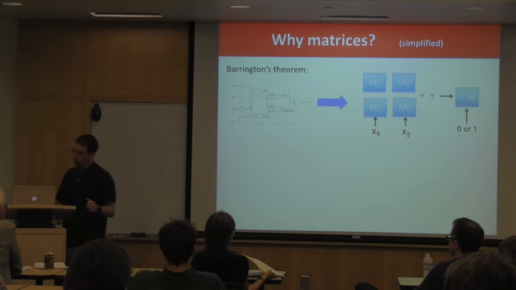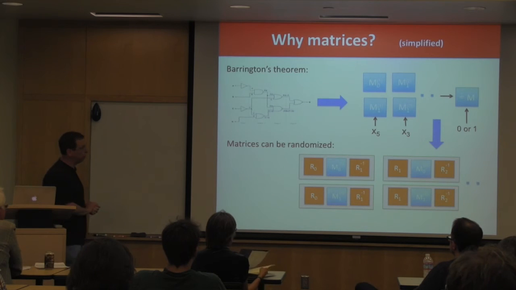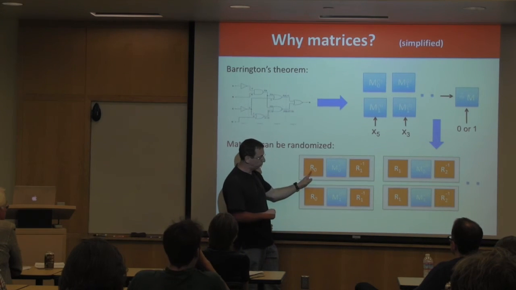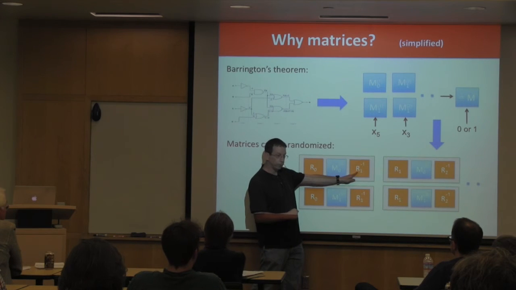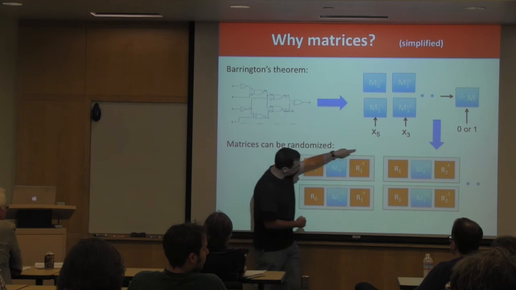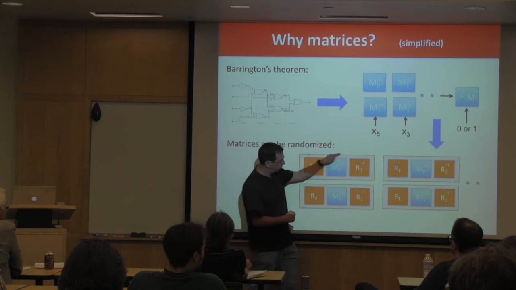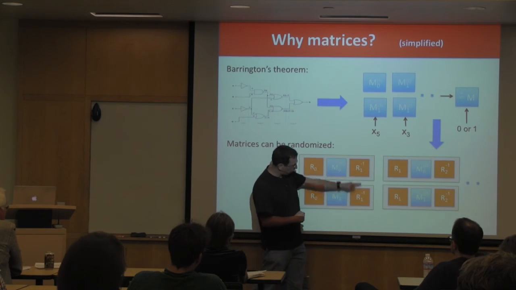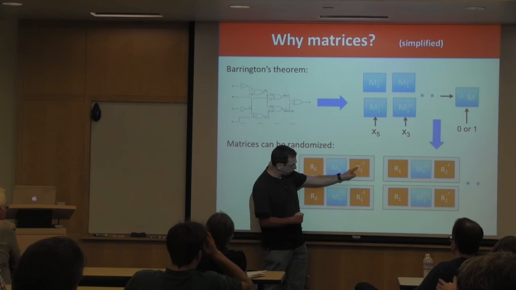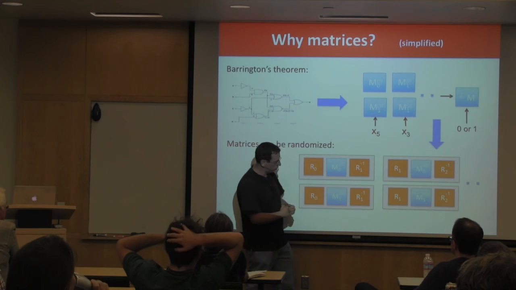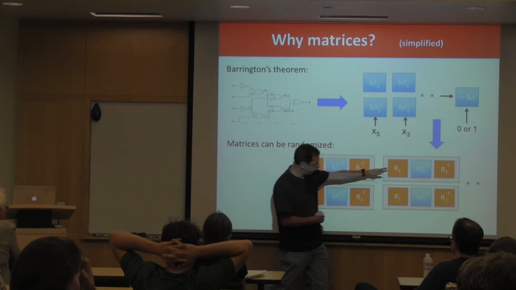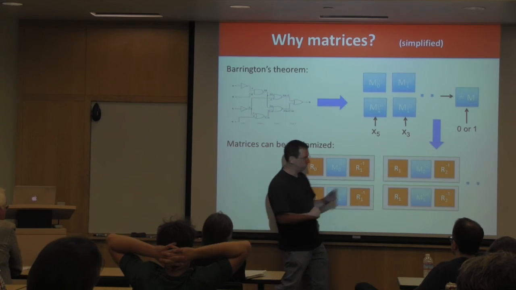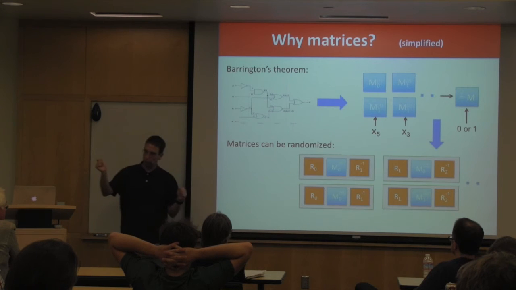That's not enough. The next thing we do is randomize all these matrices. Each matrix is randomized on the left by one matrix and on the right by another matrix. These are the actual matrices that are going to get published in the obfuscated code. Notice that we use the same R1 in both the top and the bottom matrices. So when we take the product of consecutive matrices, these R's cancel, and we actually get the original product of matrices.